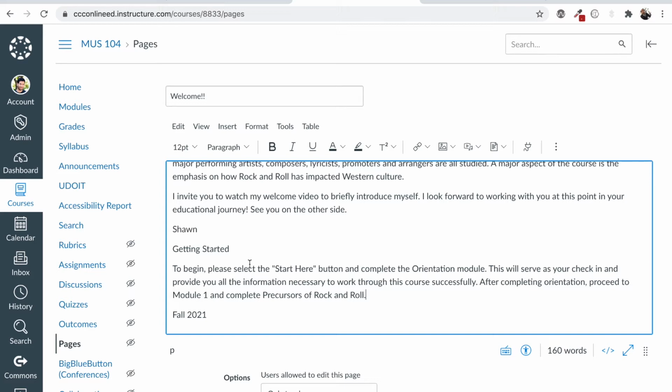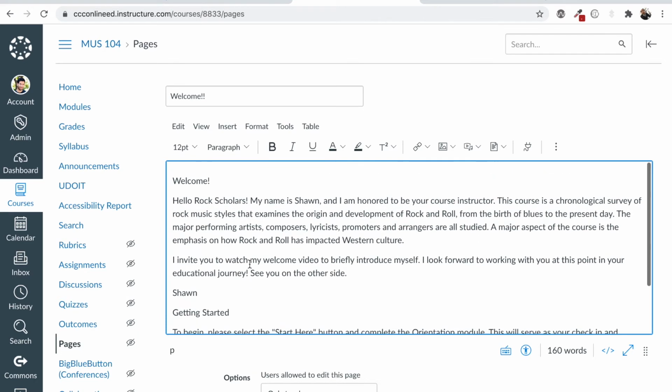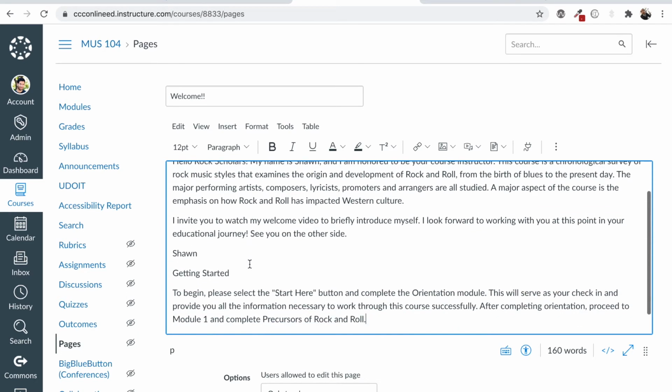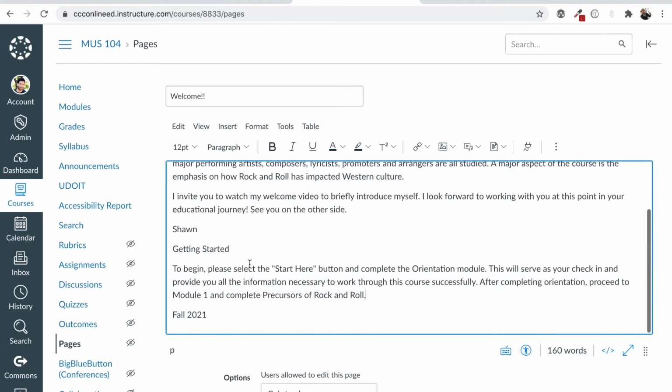So we don't need those extra spaces. It may seem like a good idea to create more white space, but really, I recommend that you just trust the space that's already built into the design for our rich content editor text field.